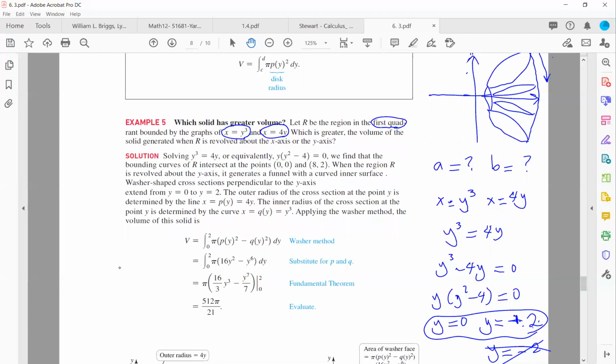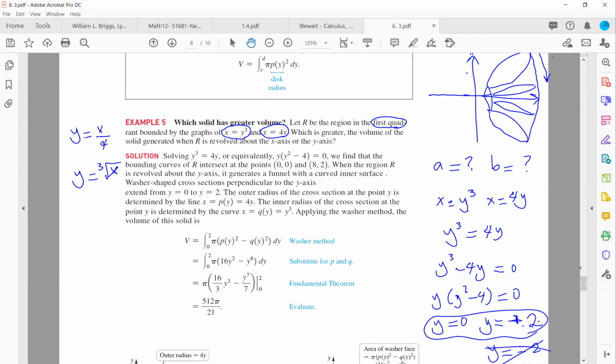If you look at the x-axis or y-axis, you can actually see the linear function is above your third root function. This is y equals x over 4, which is the linear function, and the other one is y equals the third root of x, which is below